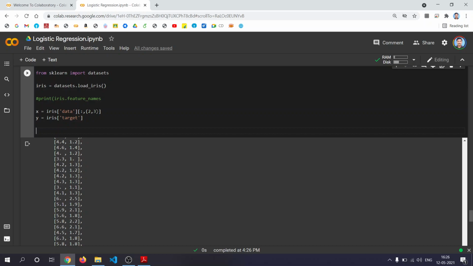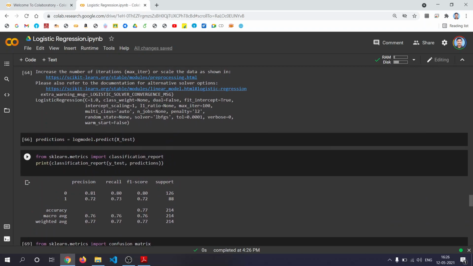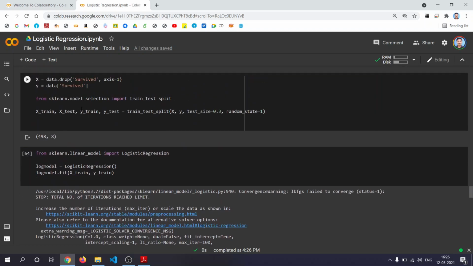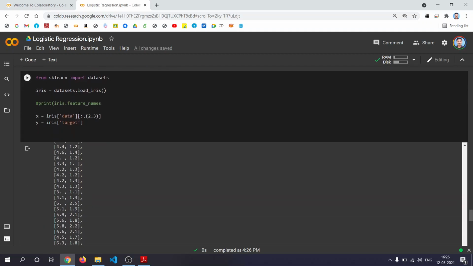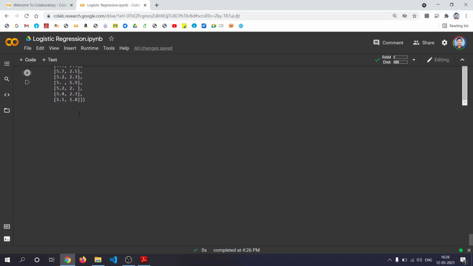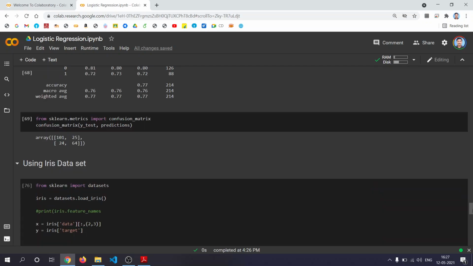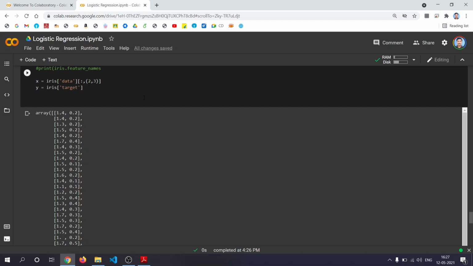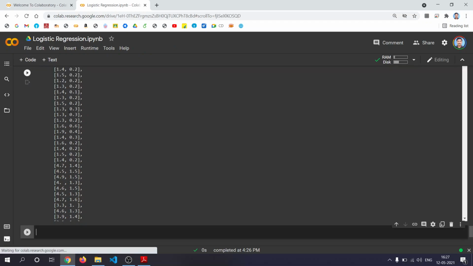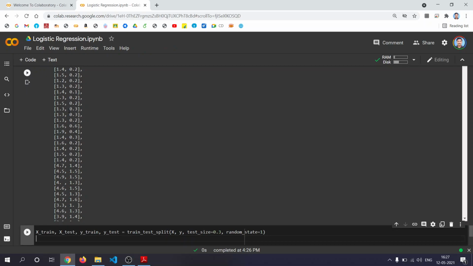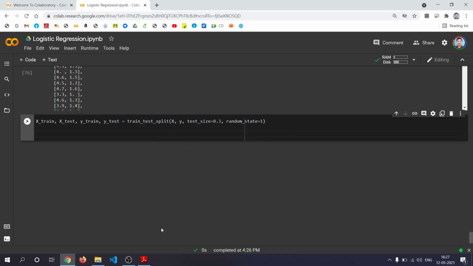Now we can go for the training and test split. I'll copy this command from here, x_train, x_test, random state equal to, and you use that for regression.